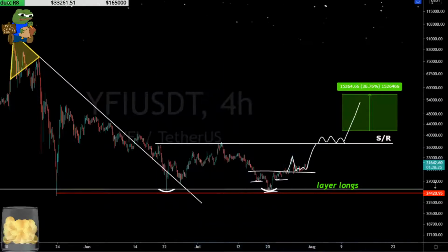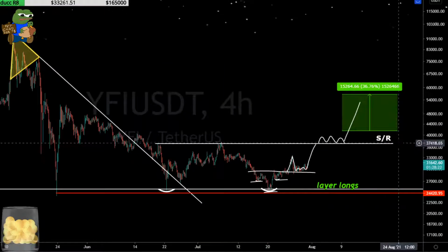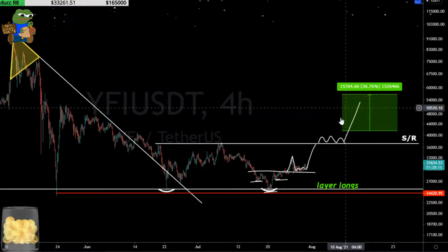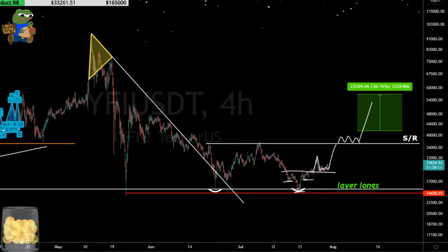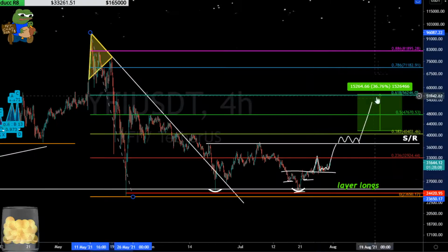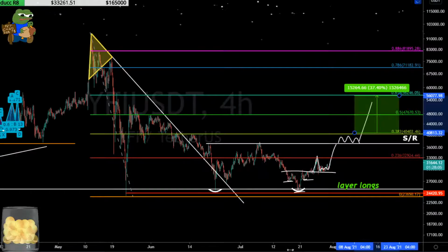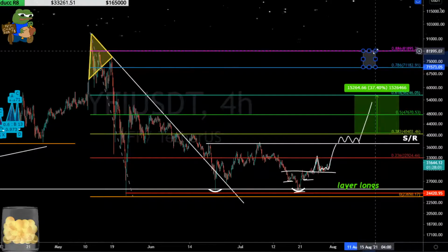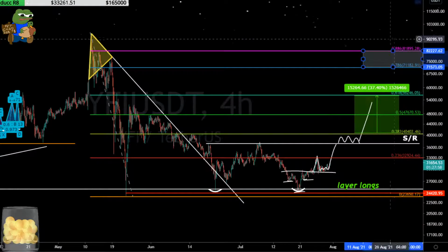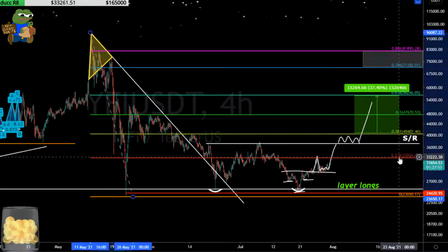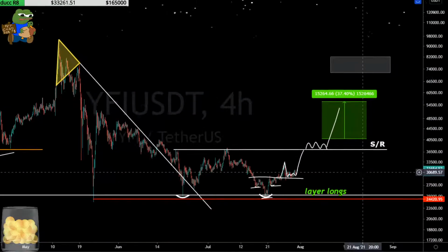There you go. Okay, so 37, it'll be a critical support resistance area to flip for Wi-Fi, and that'll push you up into the golden zone. After the golden zone, you would then be targeting a deeper retrace. So this golden zone's like right here, okay? And then your deep retrace up here, 786, 886, between 70 and 80K. Massive markup for this asset.